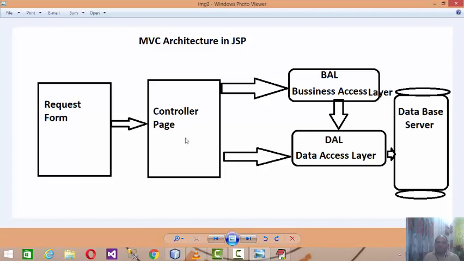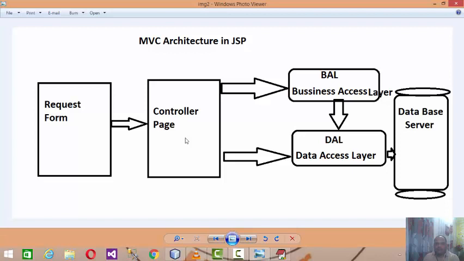But in the case of the web, it's rarely going to happen that only one user requests the web server at a time. As web clients are requesting the server from remote locations, the chances are that n number of users are connecting to the web server. In such situations, as a Java developer, for every request form we have to develop a controller. Now this controller is just like your reception, sort of, right?